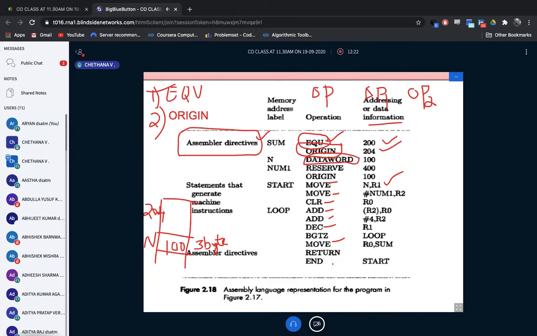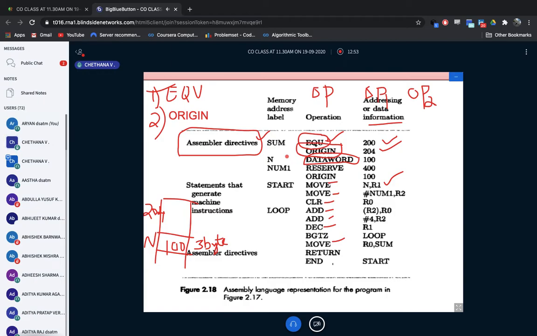A word means consecutive bytes. N is equal to 100 only I've entered, but it's a word. It is not a character. It's a data word, so some consecutive number of bytes you have to allocate. Like an example, N is an array, N is an integer type, N is a list.